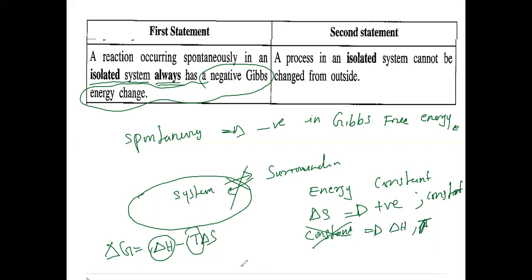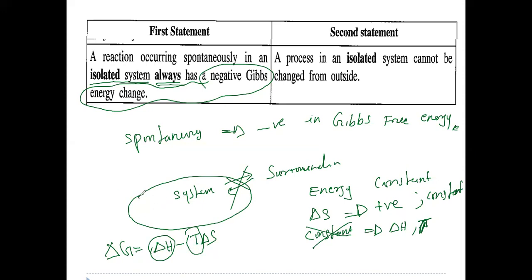If you can't keep this as a constant, how can you say this should be negative for the spontaneous reaction? Though this is also minus, the negative charge is increasing. Why can't the temperature also be increased? It's not